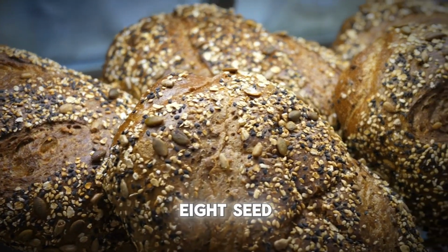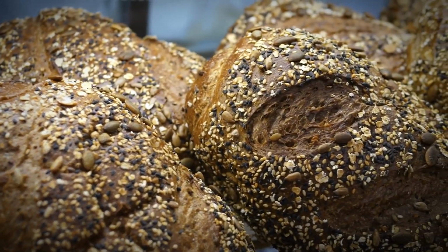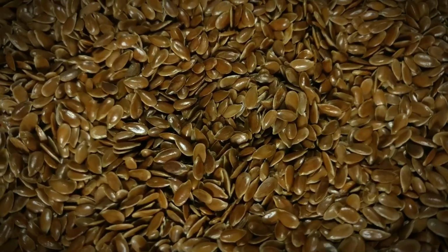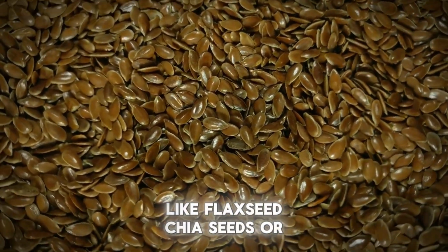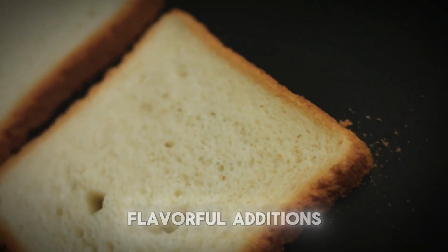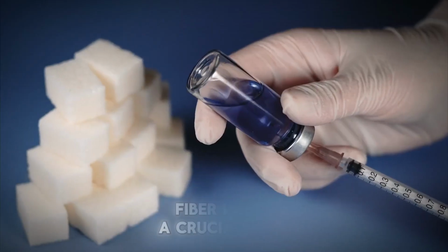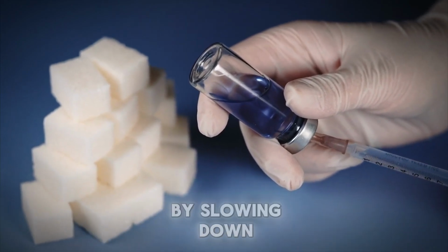8. Seed bread. Bread made with seeds, such as flaxseed, chia seeds, or sunflower seeds, can provide additional fiber, healthy fats, and protein, which help manage blood sugar levels. Seed bread refers to a type of bread enriched with various seeds like flaxseed, chia seeds, or sunflower seeds. These seeds are not only flavorful additions but also impart numerous health benefits. One of the key advantages of seed bread is its high fiber content. Fiber plays a crucial role in digestion and helps regulate blood sugar levels by slowing down the absorption of sugars